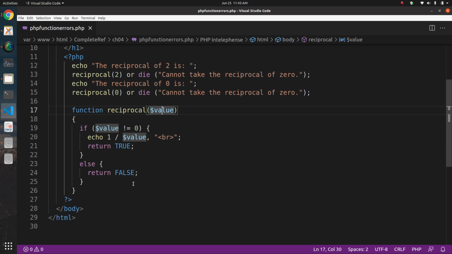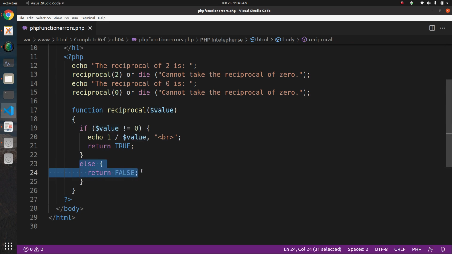So what you can do for that, you just define: if value is not equal to 0, echo 1 upon value, and return true. So you displayed the value and returned true. That means if your function returns true, everything is fine, else you return false. So when are you returning false? When the value variable, your argument, is 0. So if you are passing 0 as an argument to this function,